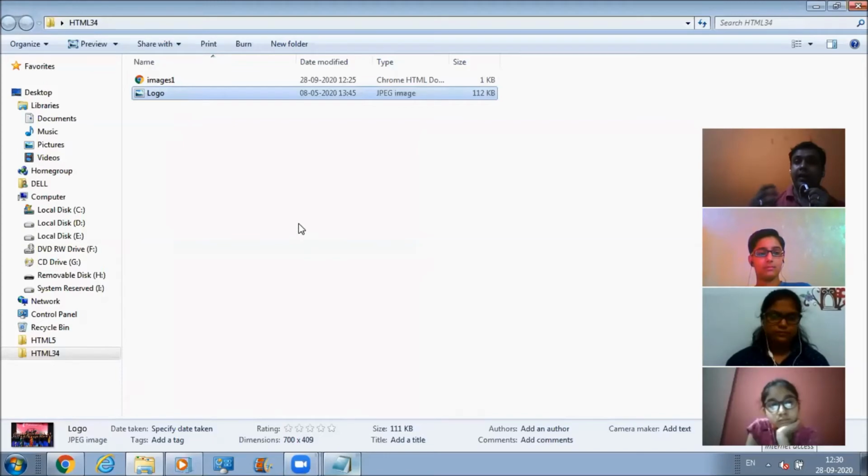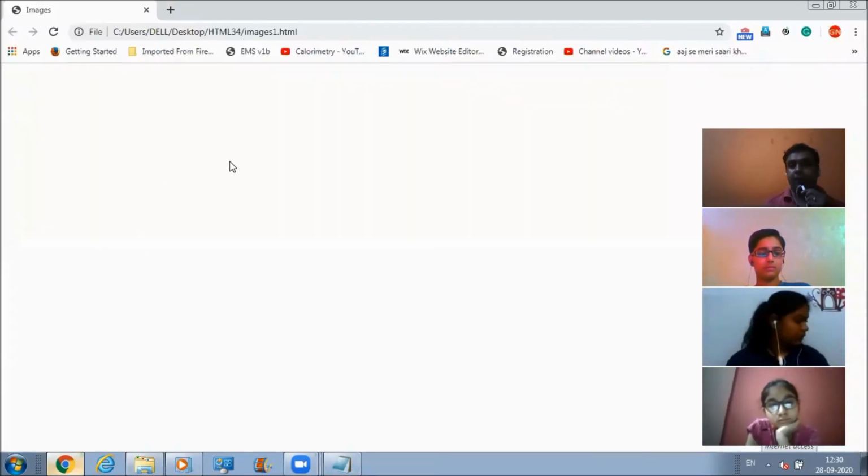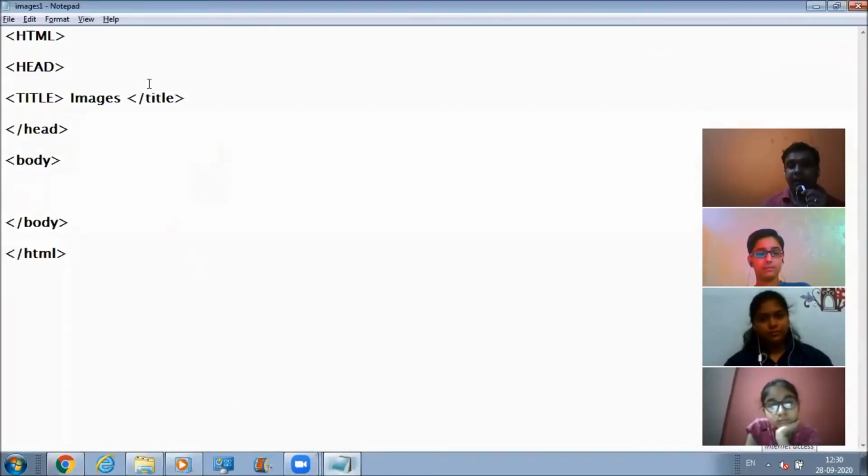Now, how will I access this picture on my web page? This is my web page, and the code of this web page is there inside this notepad file. How am I going to access the picture on my web page? For doing that, I need to make use of this img tag. Img stands for image.